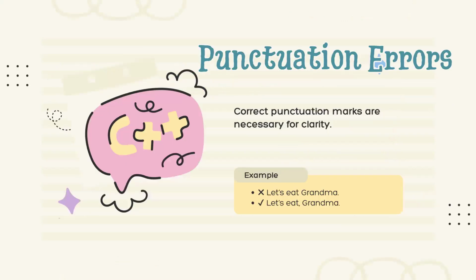So now we are having the punctuations. Punctuation marks guide the reader and clarify meanings. "Let's eat grandma." Actually, it implies harm. If you are a cannibal and want to eat your grandma, then the first sentence would be correct for you. But let's focus on the punctuation and give more sense to the sentence by using a comma after "let's eat," "Let's eat, grandma." So it is a very friendly invitation. Always punctuate carefully to avoid confusion and unintended meanings.